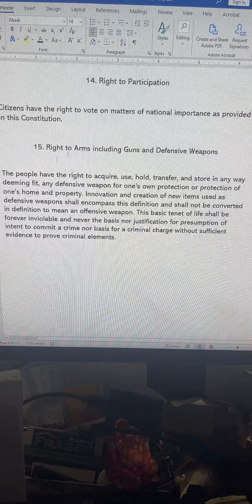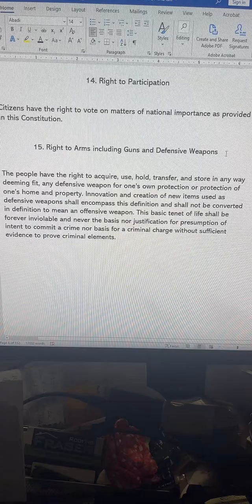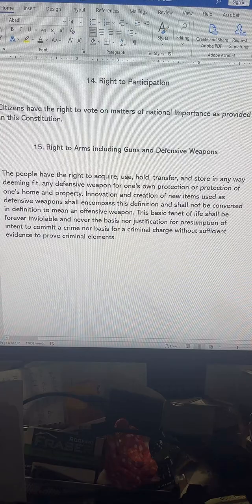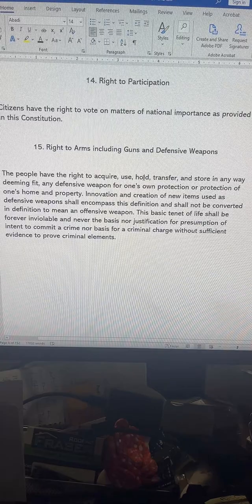So, the right to bear arms, including guns and defensive weapons. The people have the right to acquire, meaning you can go out there and get it. Use, we all know what use means, right? You take it up and you can use it for some purpose. You can hold it, meaning you can keep it in your possession, keep it in